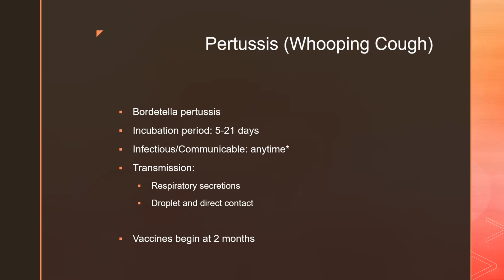One of the things that we have seen with pertussis in healthcare is that there has been an increase in infection rates because we've kind of had a shift in the thought process that vaccines are bad. And so we have quite a bit of population that are not vaccinated against certain communicable diseases. They get on an airplane. All they have to do is be on an airplane with someone else who's never been vaccinated, coming from another country, or infected themselves. And next thing you know, we have an outbreak of pertussis. So we have seen quite a bit of cases of pertussis or whooping cough simply due to lack of vaccines. But again, here in the United States, it starts at about 2 months.